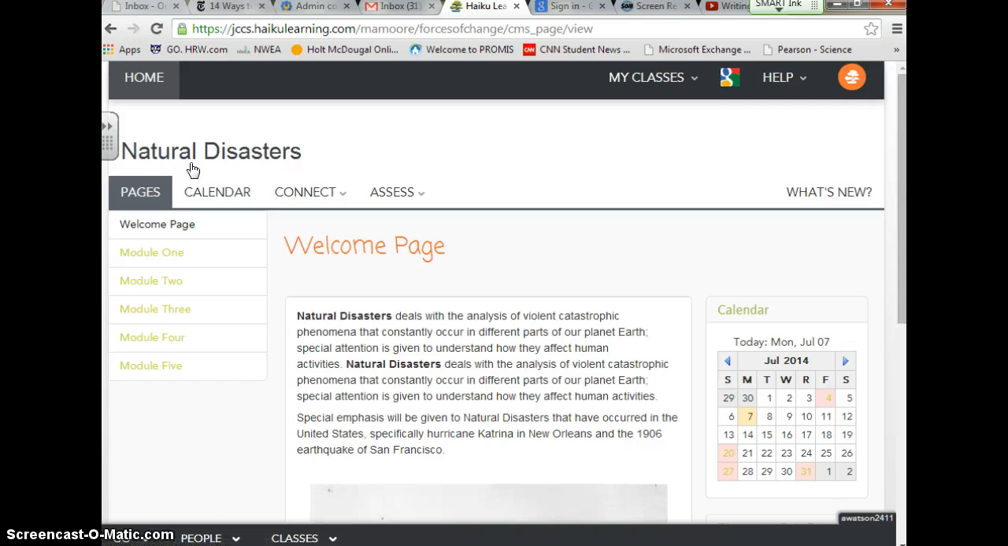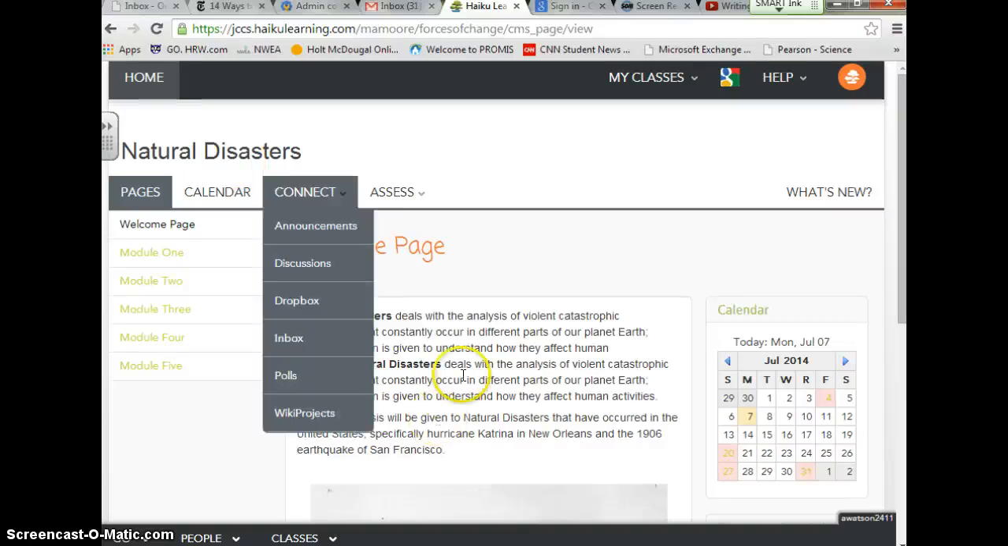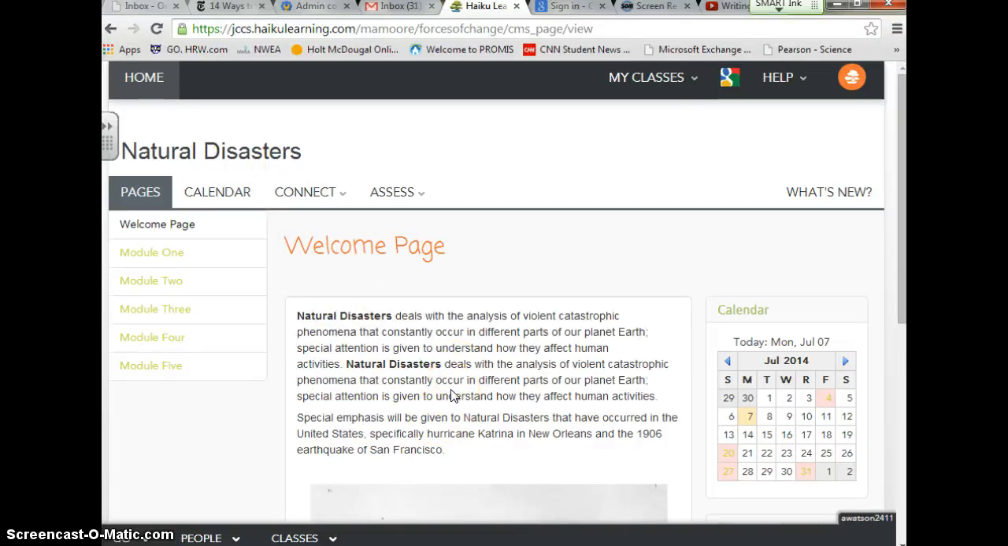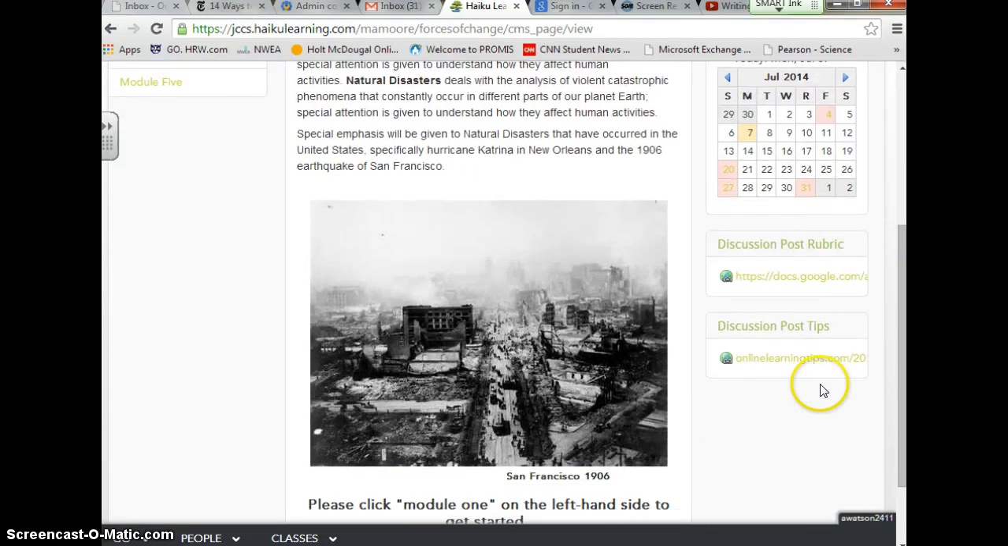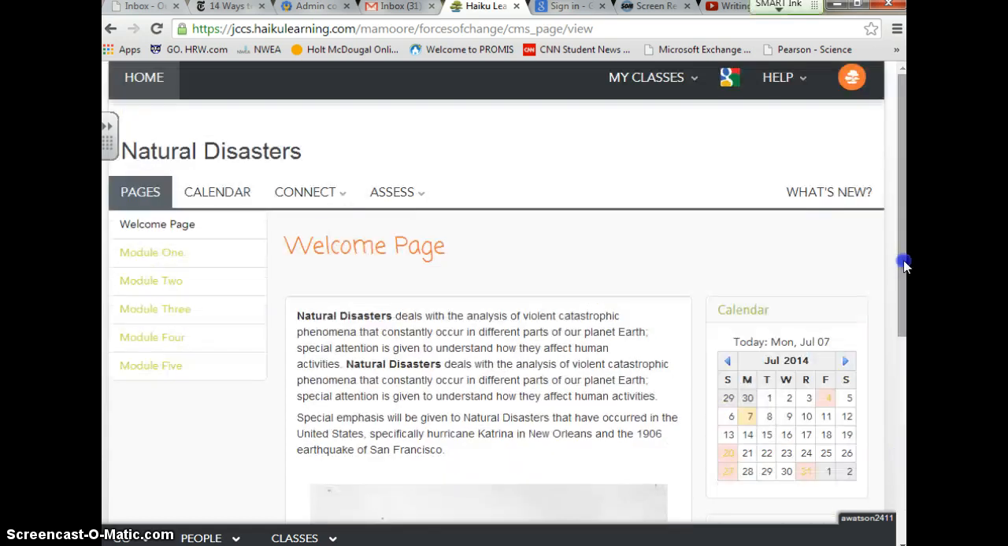And once we are here, you can see that it automatically takes us to a welcome page. In the welcome page, it's going to give you a brief overview of what the class is, so you can go ahead and read this so that way you know exactly what it is that you'll be learning about. We have a calendar, and we have some rubrics over here, and the rubrics are for the discussion posts, and it lets you know what it is that you're going to have to do in order to receive full credit